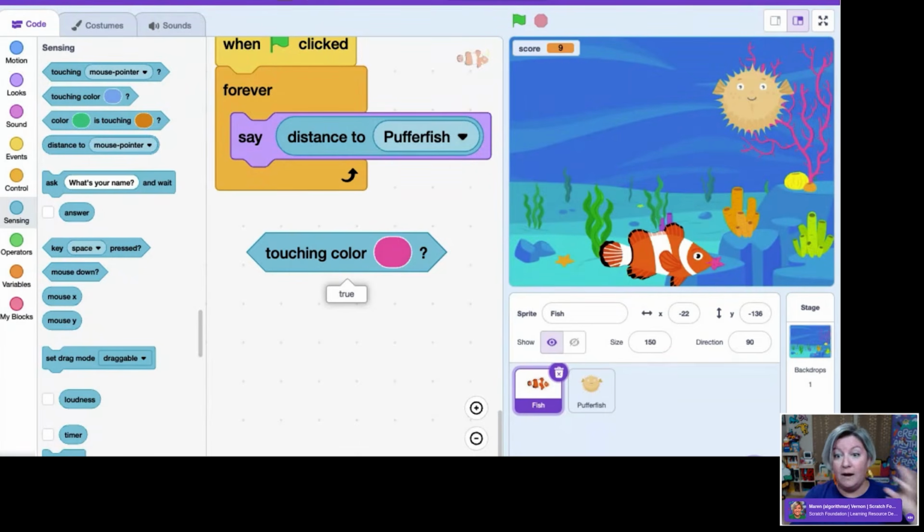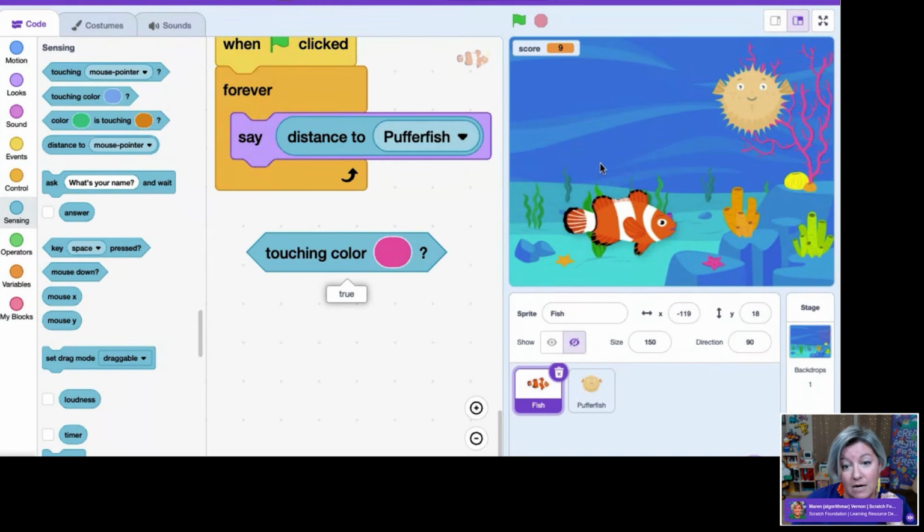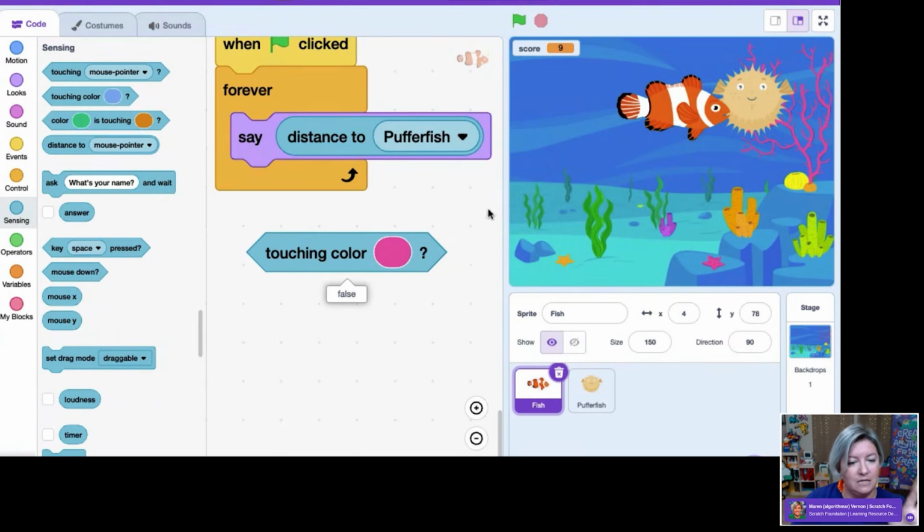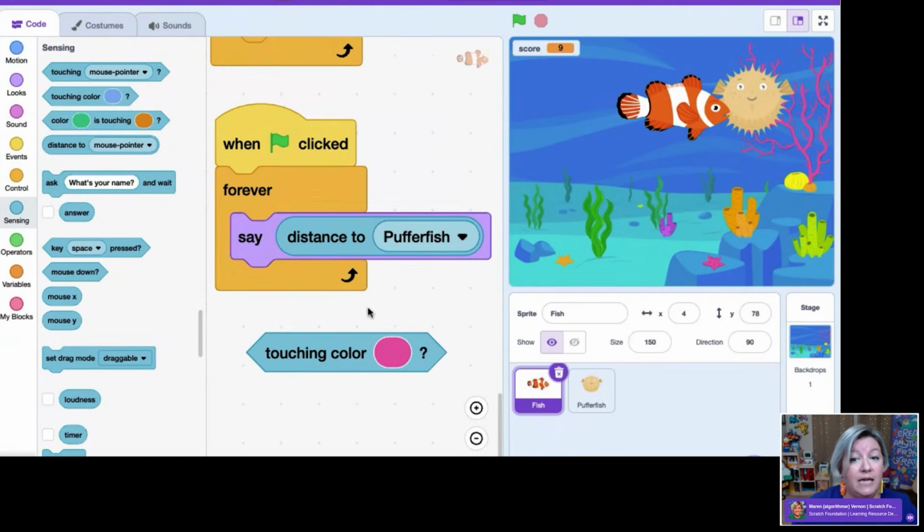But what might throw me off is maybe I'm not expecting it to open its mouth and react when it's touching that starfish, because I haven't realized it's the same pink as the coral. And so by being able to check these conditions at any given time, is this thing reading true? No, this is false, because that's a slightly different color, right? So I can go around and test these conditions and then I know what I want to put in this block. So that's also a really helpful thing that you can do.